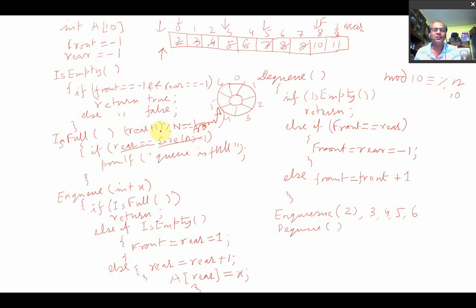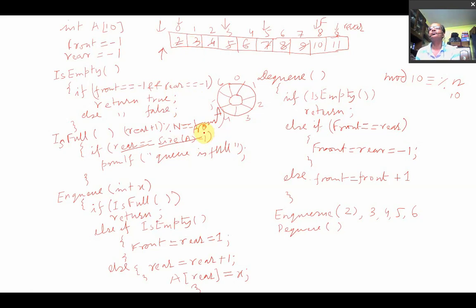If this rear is incremented and you do the modulo operation, and it is equal to front, what does it mean? That means already the front is at that 0 position, and suppose all the elements are occupied from this to this position. Now you want to insert another element, that is 12. So rear will be incremented to rear plus 1, and it will be divided by 10, then it will give you 0, but here the front value is 0. That means already some element is there. That means you can tell this is full. Otherwise you can insert at that 0 position, right? So these are the only changes that will come.